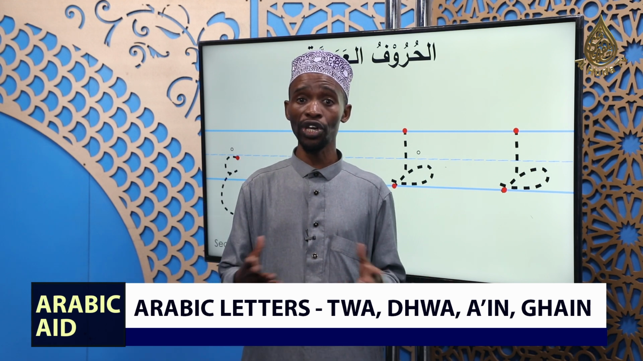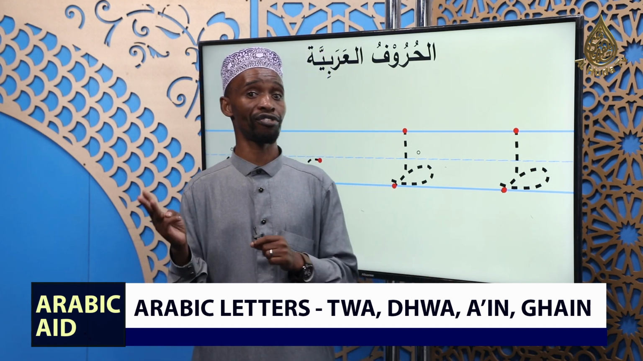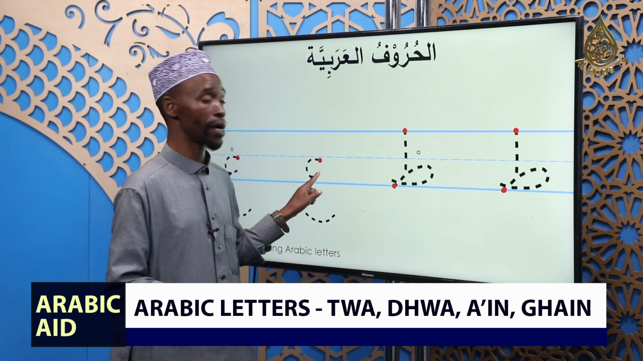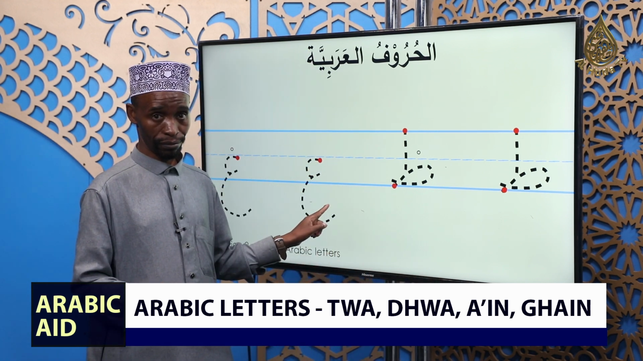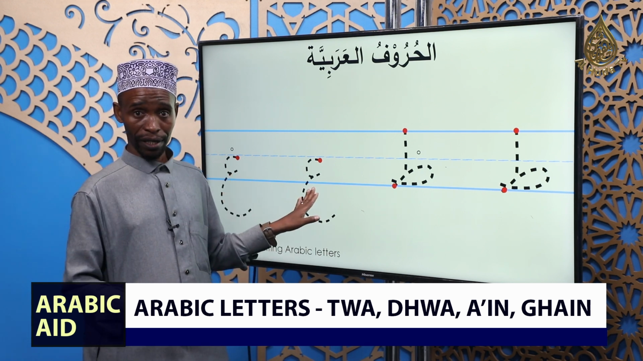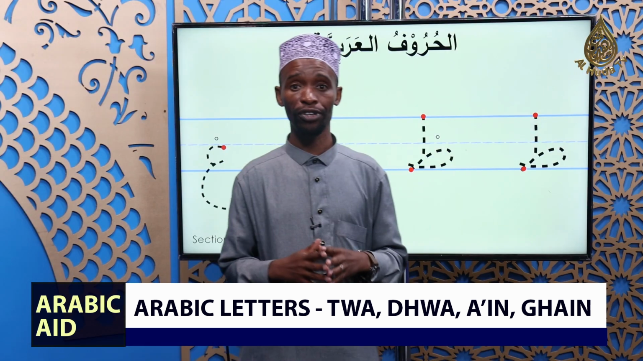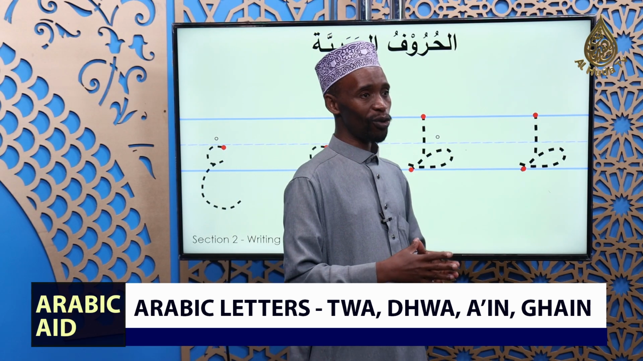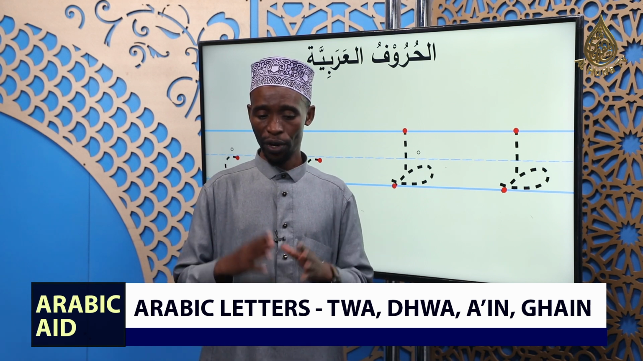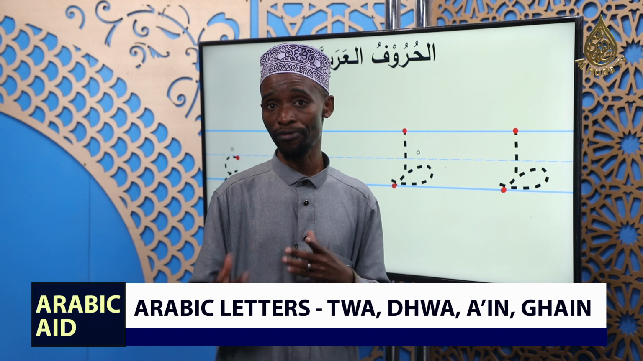Ain is as easy as writing number 3 facing on the right side, starting from the red marker. Ghain is like Ain, but with a dot on top of it. Now, let us do it practically. We write the letters. We see how we are going to fare